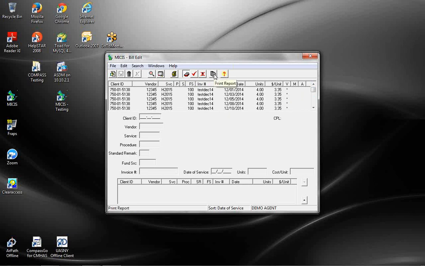Then you also have a report in here like bill posting that as you're editing, you can run that report and show what you want. There's also the help button, but it probably doesn't work for you because Windows is too new and it's too old of a help file. So use your printed user guide because it's the same thing as what that help file had in it. Okay, so